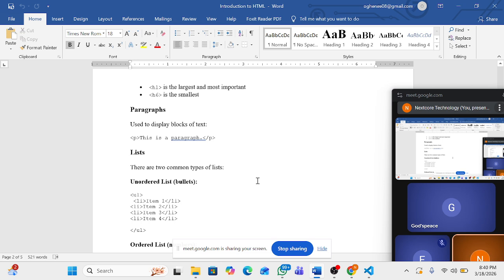This paragraph is used to display blocks of text. So maybe in your normal Word document, you want to write a paragraph, you know how to write a paragraph, you know how a paragraph looks, right? It's still the same thing in HTML too. Then